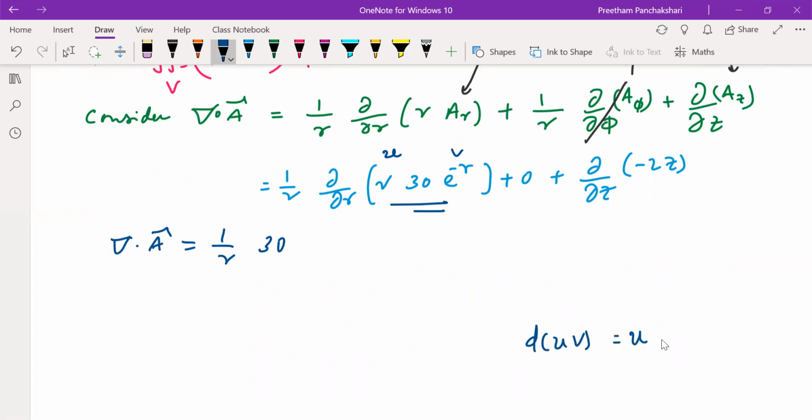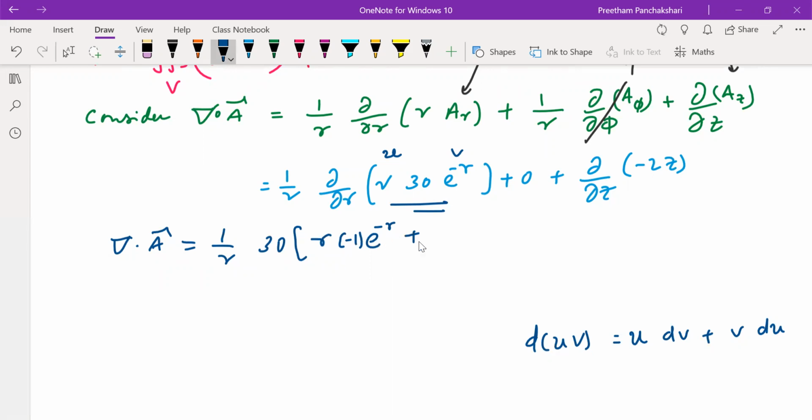Keep U as it is, differentiate V, plus keep V as it is, differentiate U. You can use the product rule here, guys. So what I suggest is that first keep r as it is, differentiate e power minus r. Differentiation of e power minus r is e power minus r into minus 1, plus